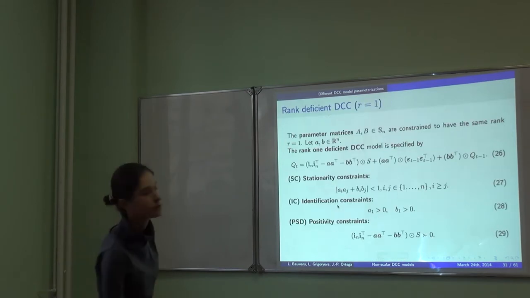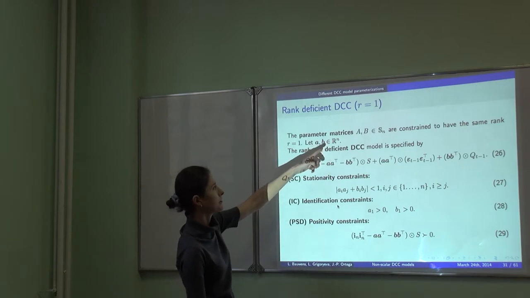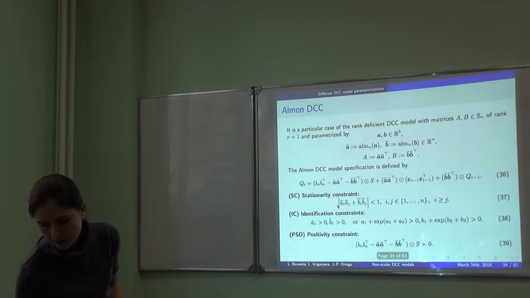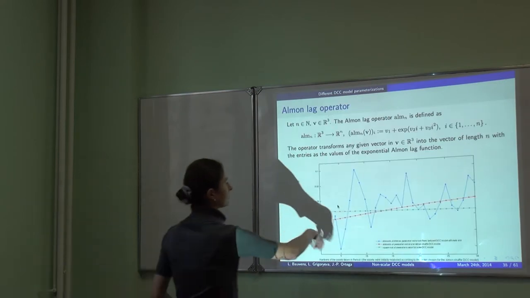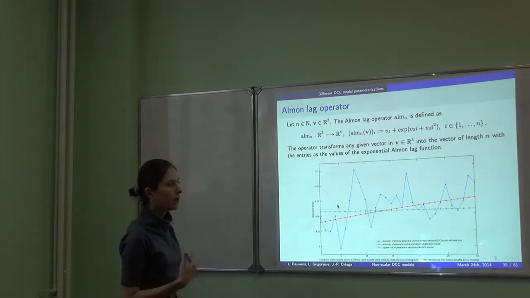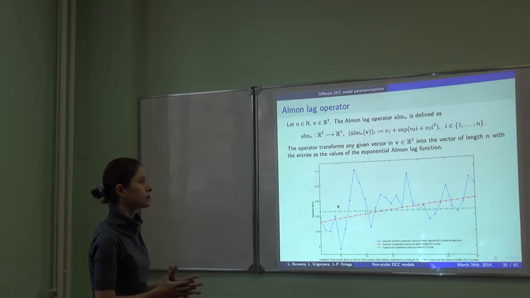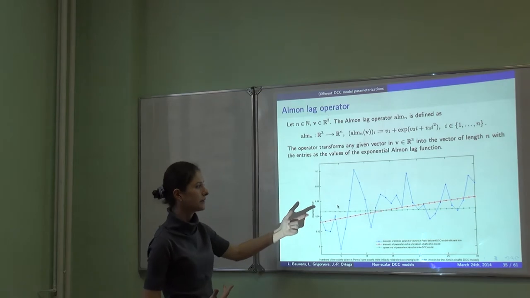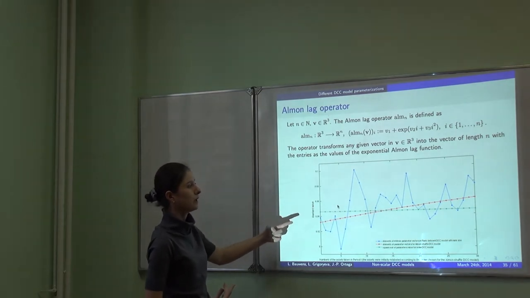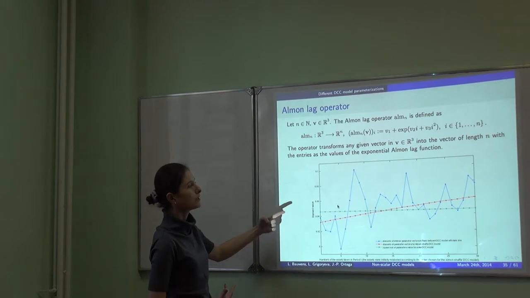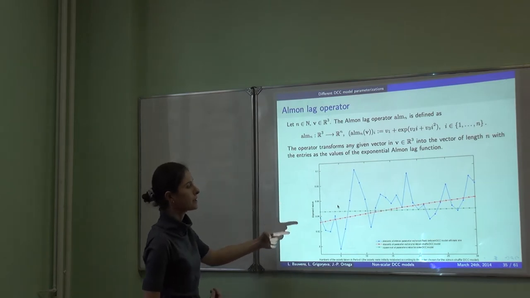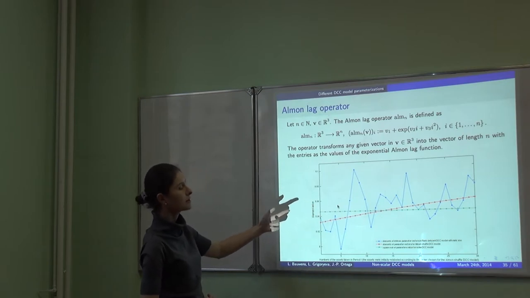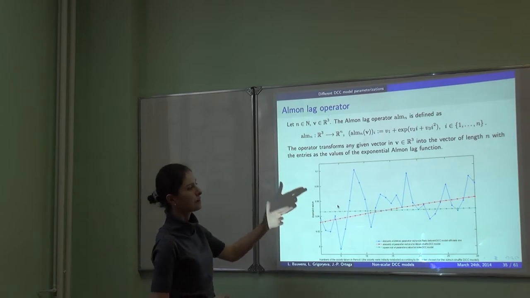So for the rank deficient, as you see, our A and B are always of dimension n, which is the number of our assets. So if you want, this A is given here by this profile. What the Ullmann operator does, it actually tries to find the trade-off between these two setups in order to have at the same time some profile that takes into account the magnitude of our correlations, and at the same time it tries to parameterize our big matrices A and B with some small number of parameters.